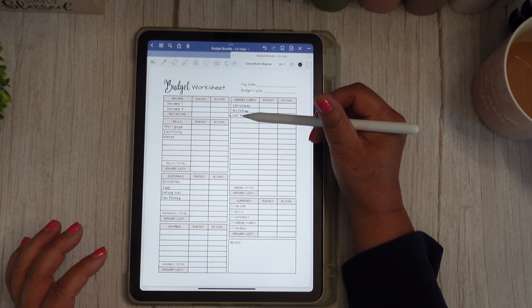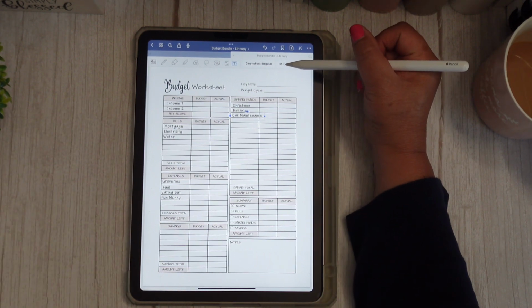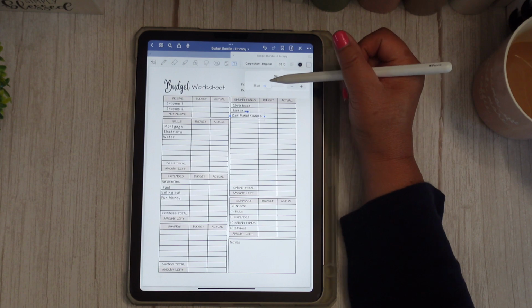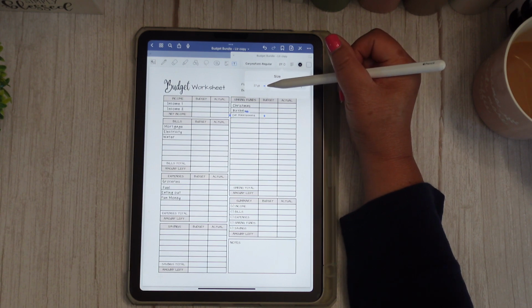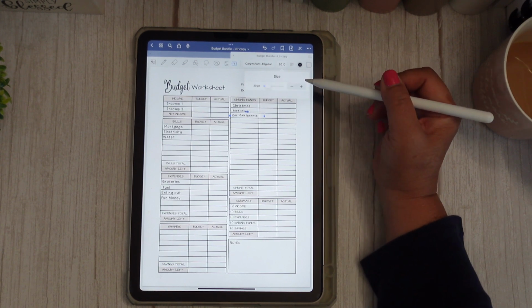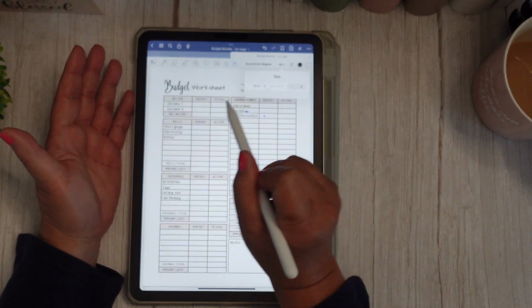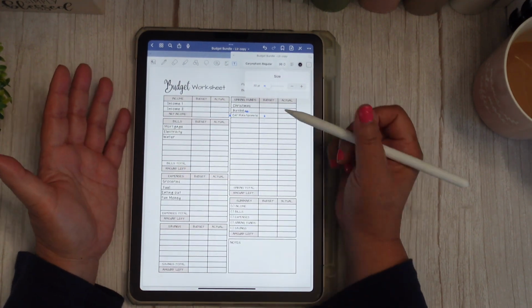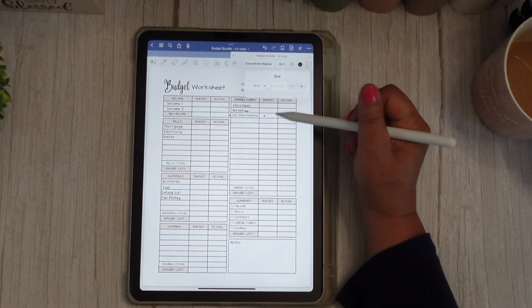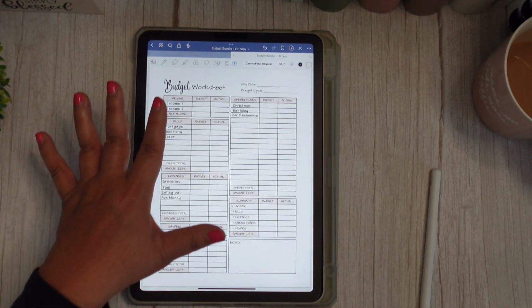And see how car maintenance is bigger than the column? You can tap up here on the font and then just move it down a little bit. There's a little dot that's like a sliding scale, and you go this way for smaller and this way for bigger until it fits how you want it to. Okay, so once you have all of your categories,